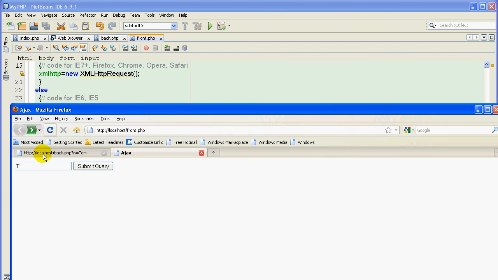Refresh. Tom. As you can see, it's working now, and while I'm typing, it's also typing. Tom, if I say Bob, as you see, it's typing with me, right? And the URL is not changing here, and that's why we use AJAX. We don't want the user to leave the page. So here, Tom, Bob, Tom, whatever, it's also typing with me, and this is the whole idea behind using AJAX. Let me show you also something here. Since I'm using AJAX already,